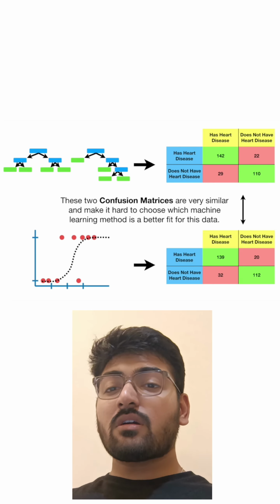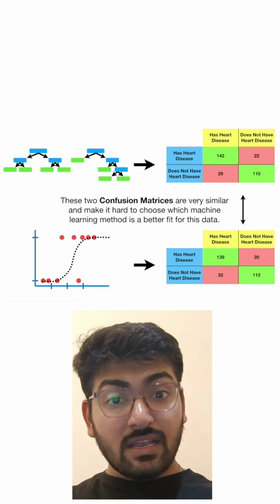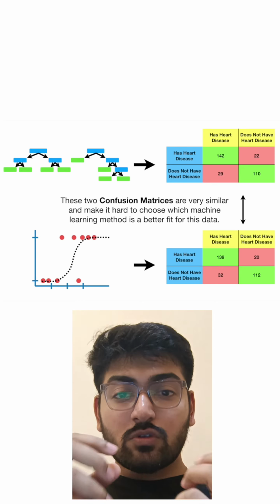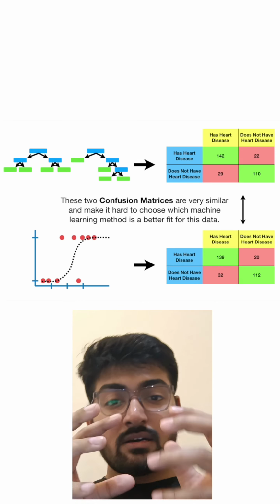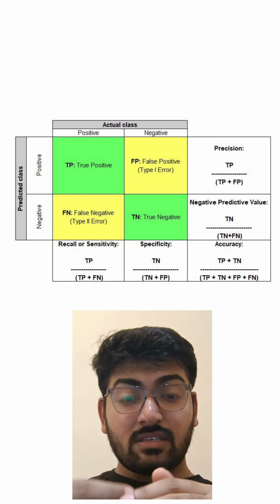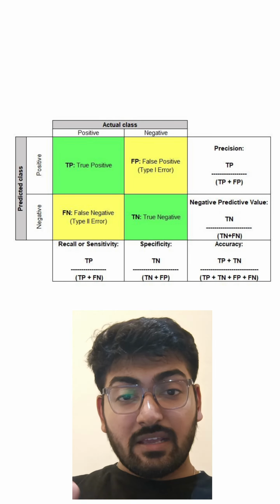Now, similarly, if you look at the logistic regression, we can clearly see there is a confusion about which one to choose because both are really nice. And in such cases, we use other metrics like precision, accuracy, recall, sensitivity, and F1